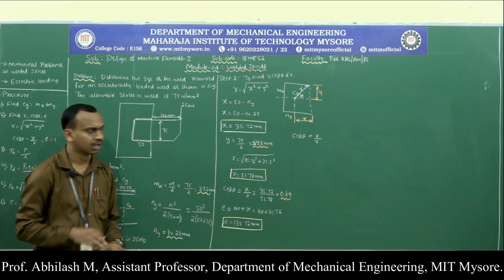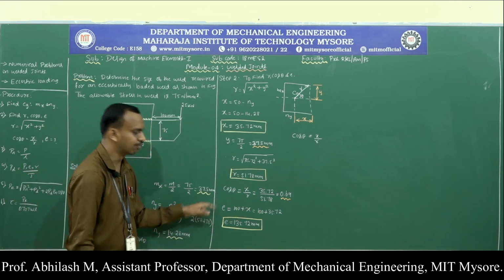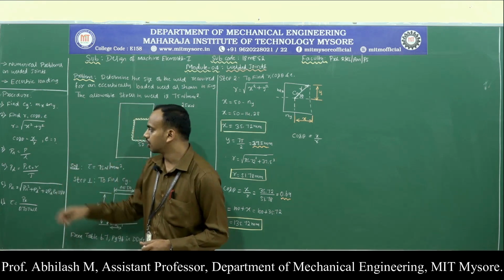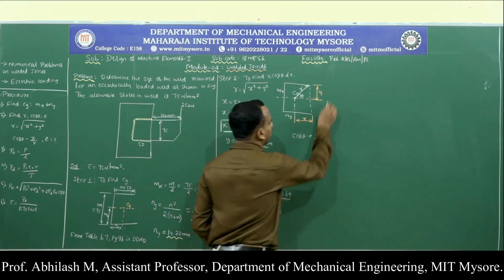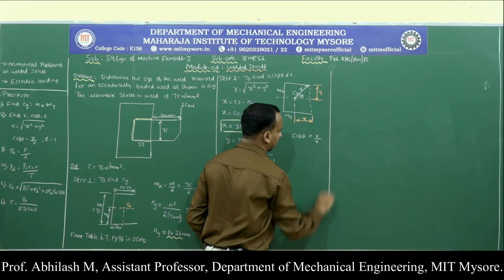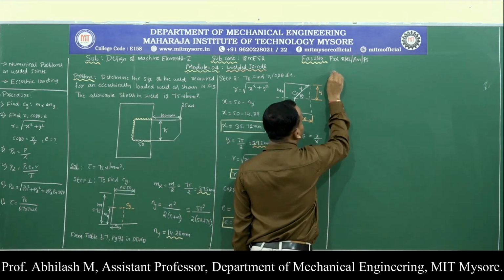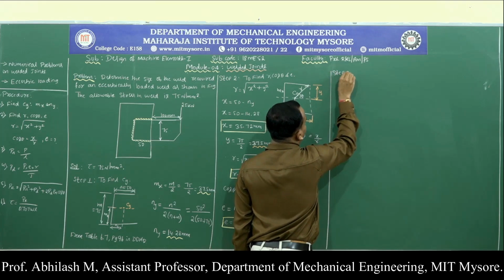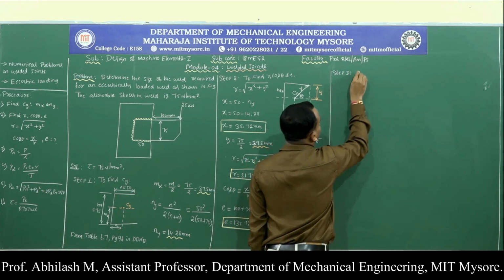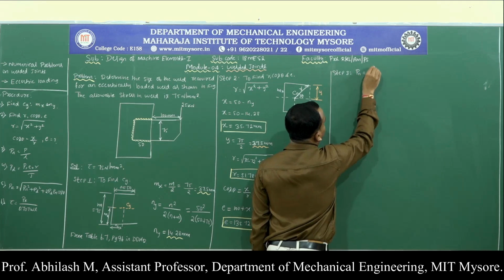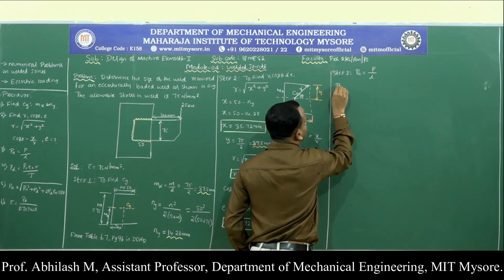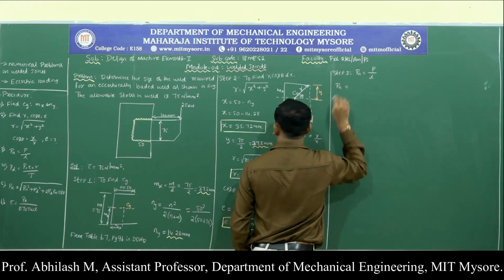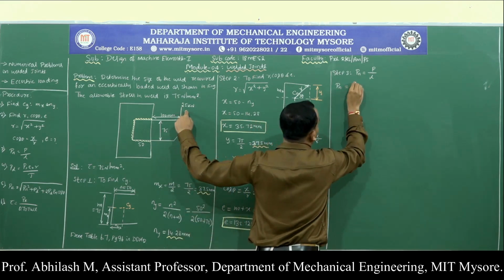The step 2 was to identify the values of r, cos theta as well as E that we have calculated. The next step, that is step number 3, is to calculate the normal load. In step 3, the normal load is given by P divided by L. Do we know the applied load? Yes, we know the applied load. The applied load is 25 kilonewton.